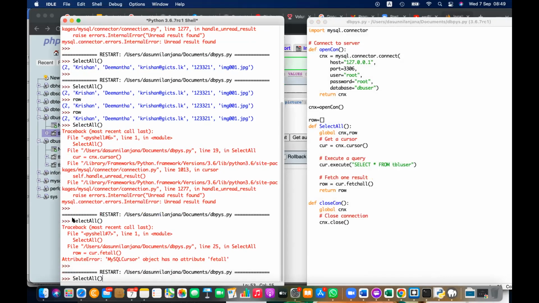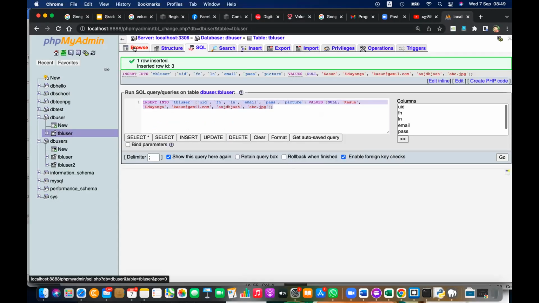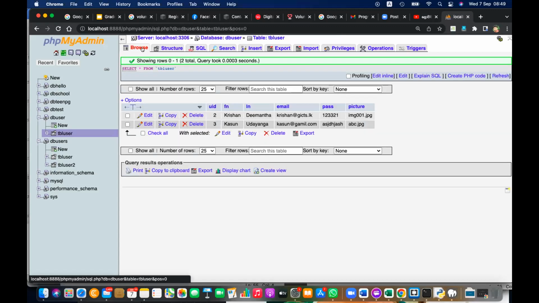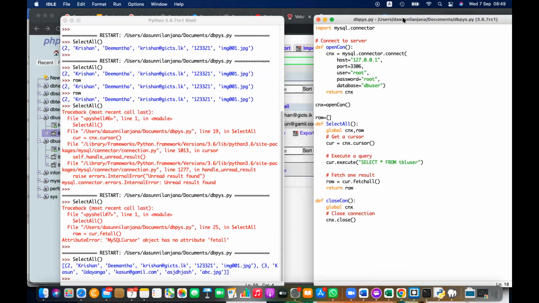I'm trying to run the query, and you can see I'm getting the same. I'm getting 2 results. What are these 2 results? There are 2 results now in select, because I have inserted one also. I'm getting all the results when I fetch all, right? Okay, please reformat your code similar to this. Now, what I'm doing